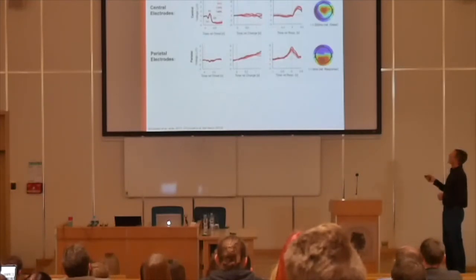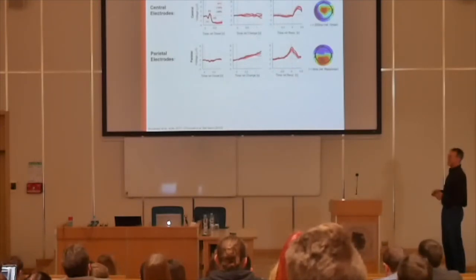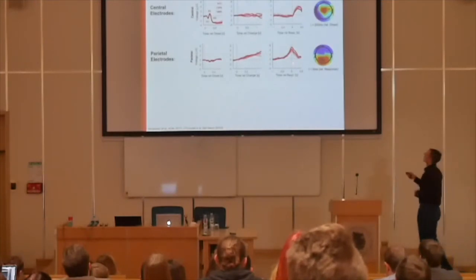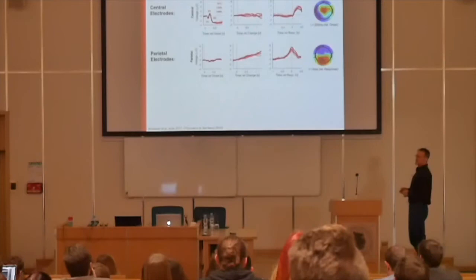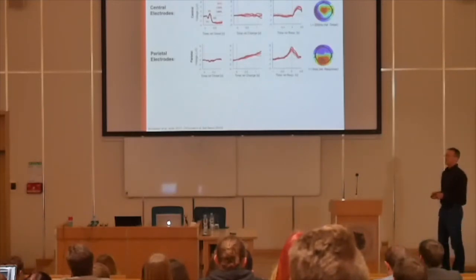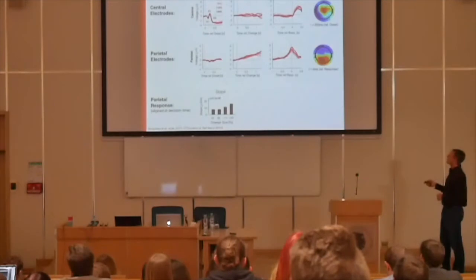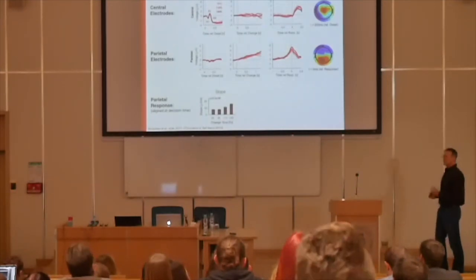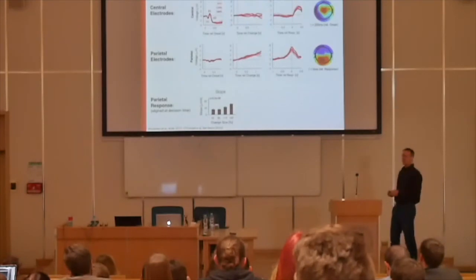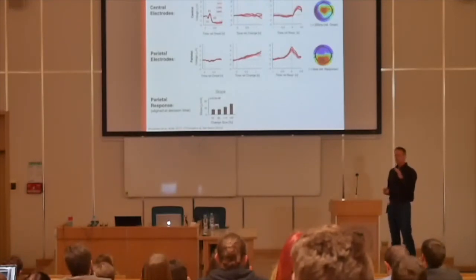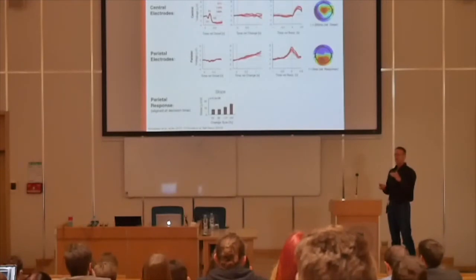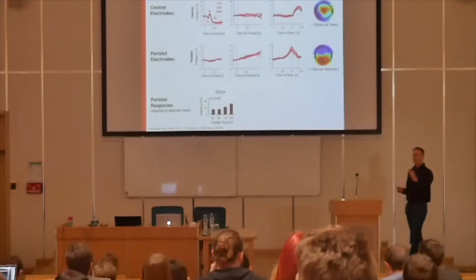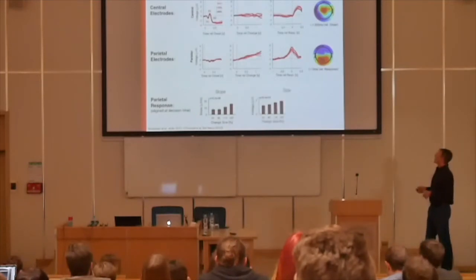But then when you look at the time linked to the response, we have quite a nice distribution of responses that differ essentially in the final height that they attain and in the slope at which they approach this. And this difference in slope as a function of change size is really what you would predict in the case of evidence integration, because if you integrate evidence at a constant rate, then you would expect a different slope for different levels of evidence. Similarly, the size is changed for the different levels of change size.